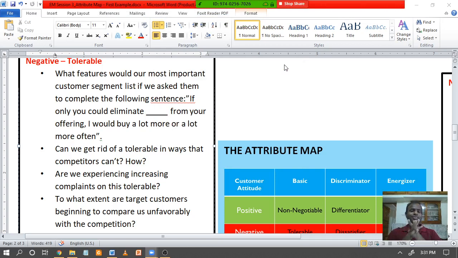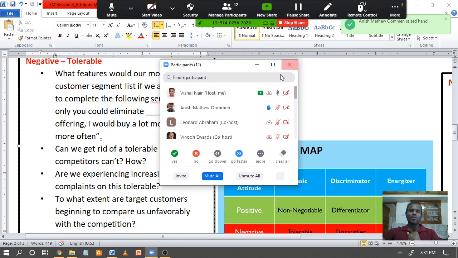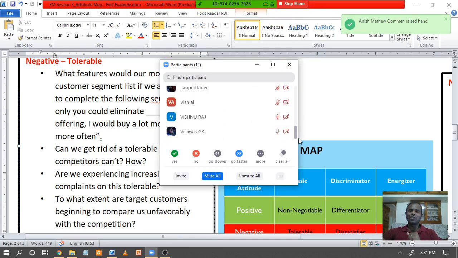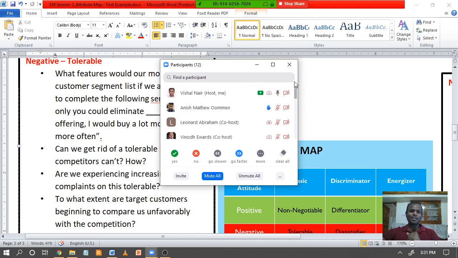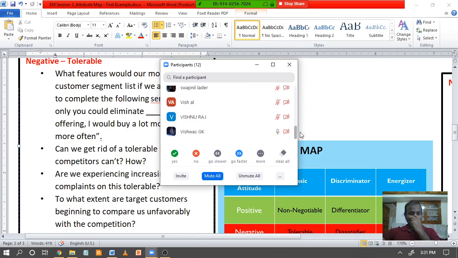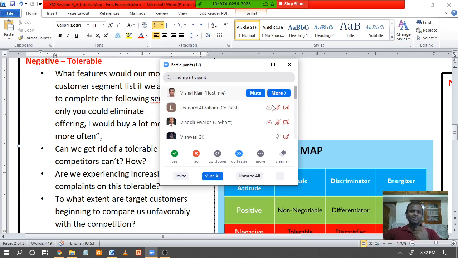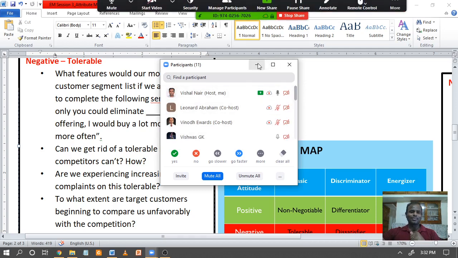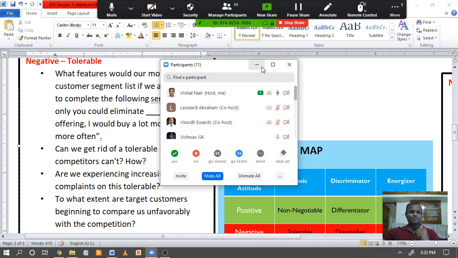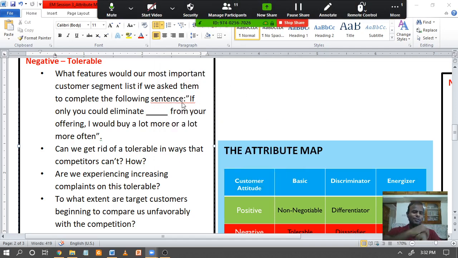Now Vishnu is facing this problem. Now, how many of you would agree this kind of solution would be good for a university? What do you think? How many of you would agree that this kind of solution would work, or this kind of aspect should come? So Anish is saying he would agree. Okay. Anybody else who feels this kind of thing should be proposed, or that this would actually work? What do you think? Anybody else?